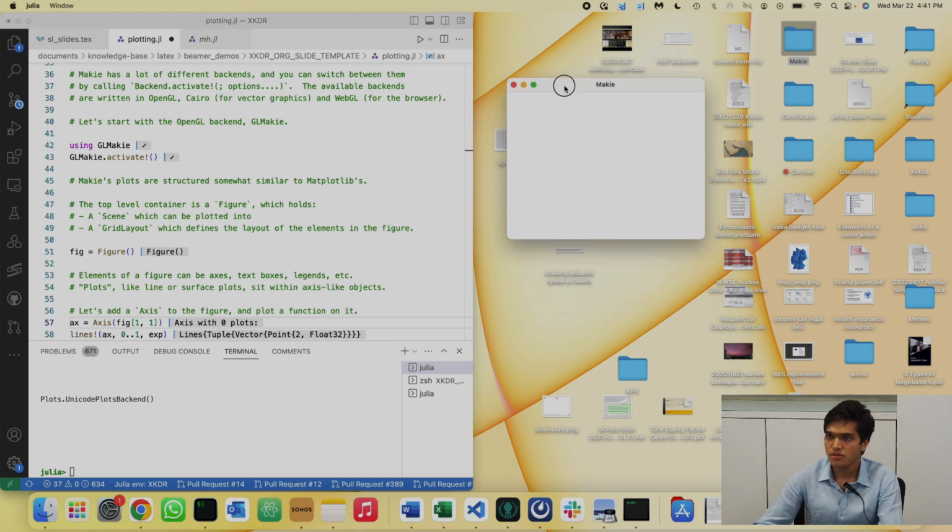So this spawns a nice little figure. And you can see this. So the figure is the top level container of Makie. And it contains a scene which holds all the objects you want to render, and a grid layout object, which defines the layout of the elements in a figure. Now, elements can be axes,